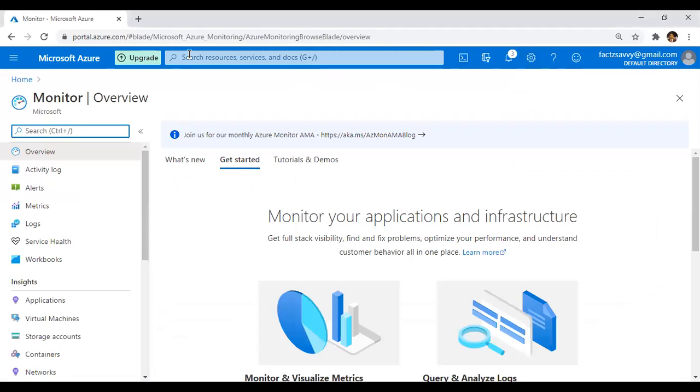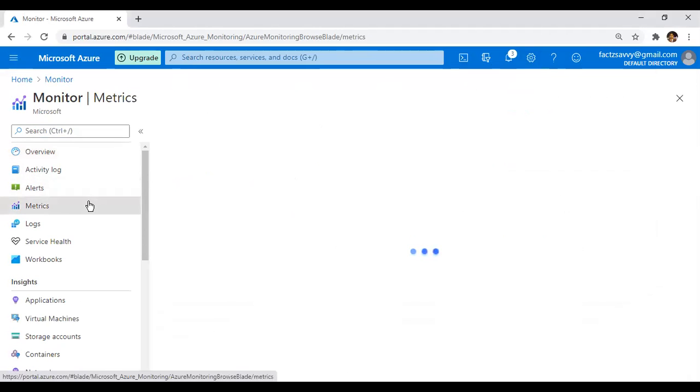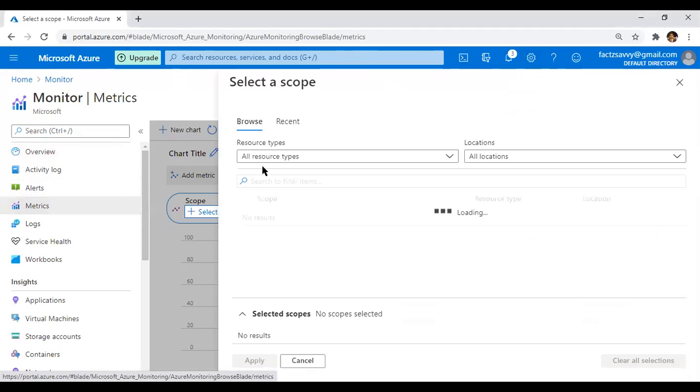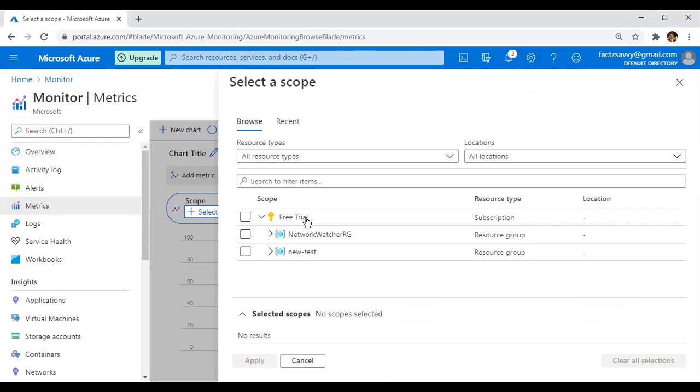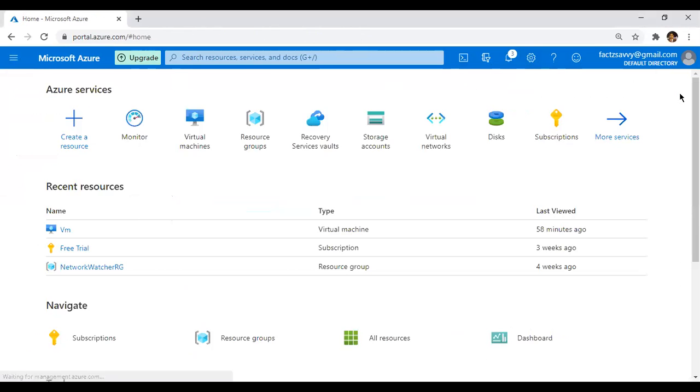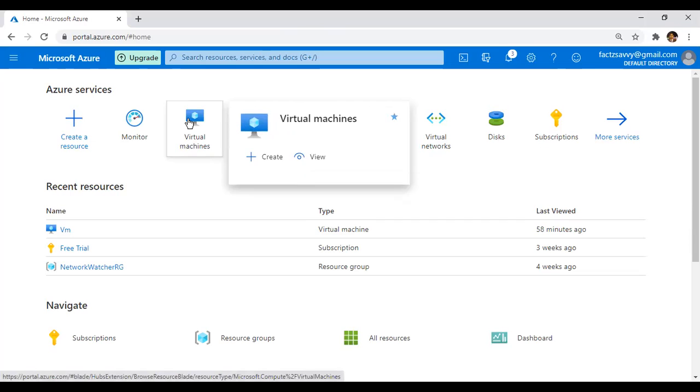Then we have to go on metrics, then we can select the subscription, resource type, location and all that from here also. And the second way is to directly monitor a particular resource, not at the subscription level, not at the resource group level, so we have to directly search. Like if we have to monitor the metrics for